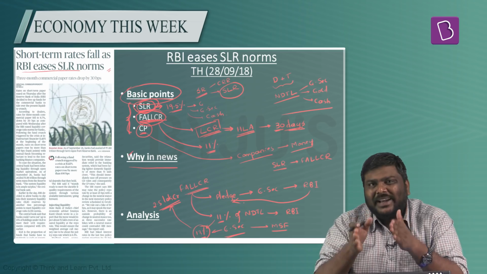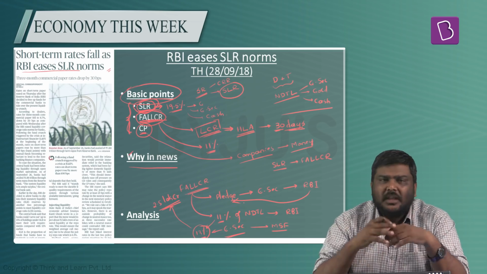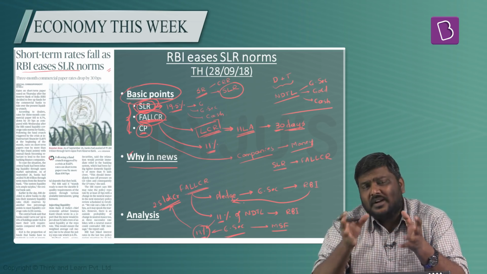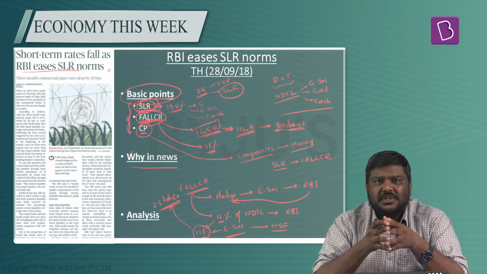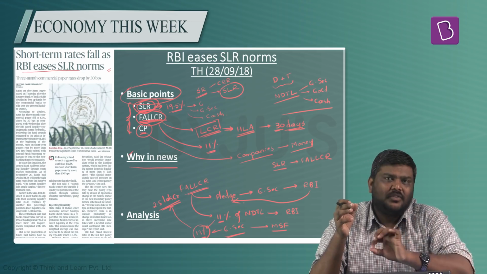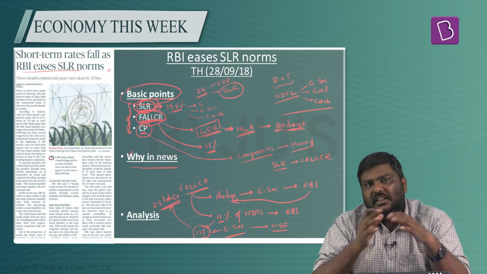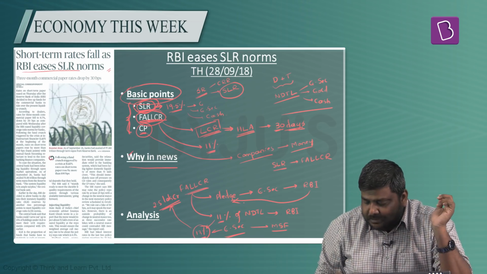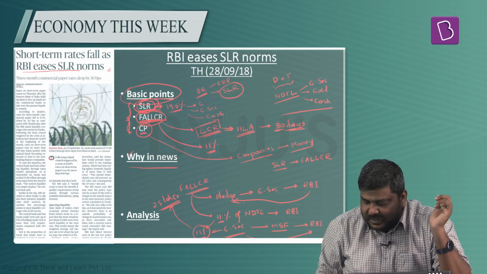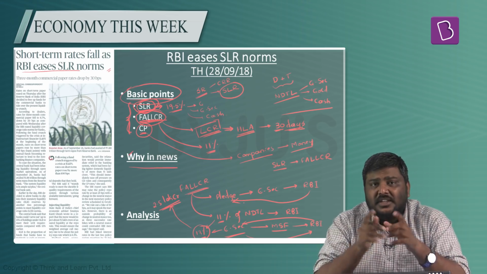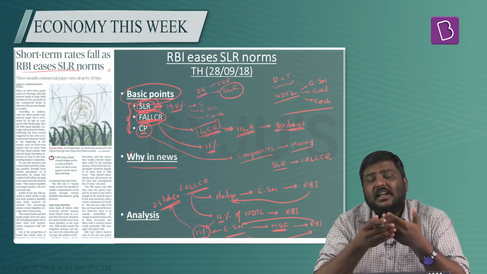Every bank has to maintain a certain amount of cash in its vault at the end of the day. But imagine a situation where a bank is supposed to maintain 100 crore rupees, but it is falling short by 2 crore rupees. In this situation, they just need to ensure that by the end of the day they infuse cash of around 2 crore rupees. The bank can simply approach RBI, pledge the G-securities and get the infusion of liquidity. This infusion of liquidity for a short-term duration is called the marginal standing facility.